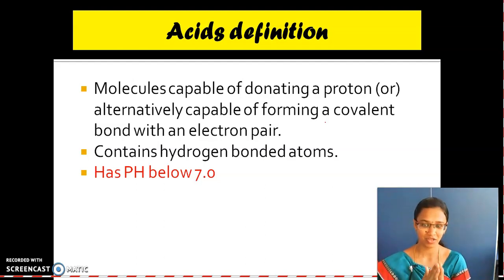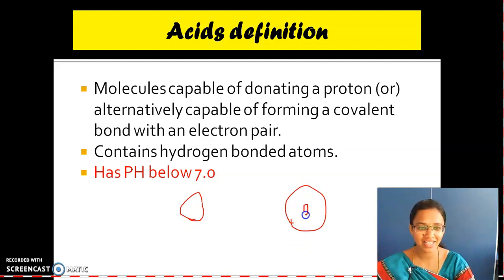They are acids. Look at here again carefully. Acids are nothing but they can give a proton. Where is the proton? It is inside the nucleus. They can donate a proton, or otherwise it can form a bond with other molecules. Consider if you have two atoms, one atom here and one more atom here. What is there in the center? The nucleus. In both you have a center nucleus, so they can exchange the proton. They can give a proton.